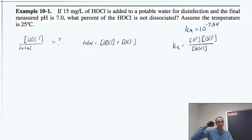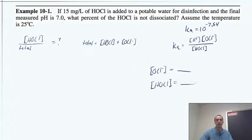And it probably puts your mind into thinking, okay, we've got to think about this in terms of what mass is here, we'll convert that, and find the actual, we could solve it for, okay, what is OCl minus? We get some number. What is the HOCl? Get some number. And then do a fraction analysis, right? What is this one divided by these two, which is kind of what I wrote here, right? There's the HOCl divided by